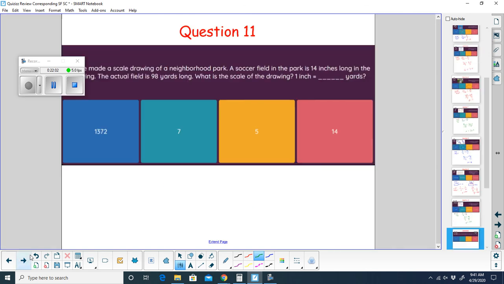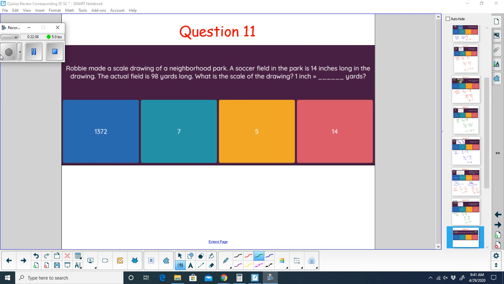Let's move on to question 11. Robbie made a scale drawing of his neighborhood park. A soccer field in the park is 14 inches long in the drawing. If the actual field is 98 yards long, what is the scale of the drawing? So we know that this is drawing or model to the